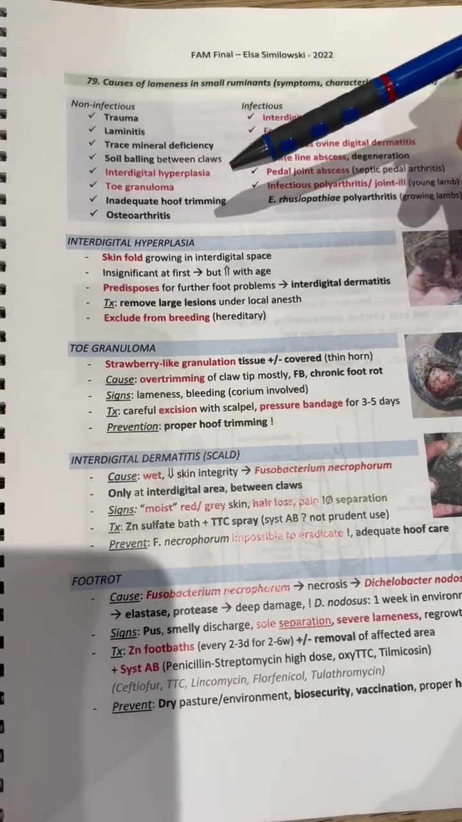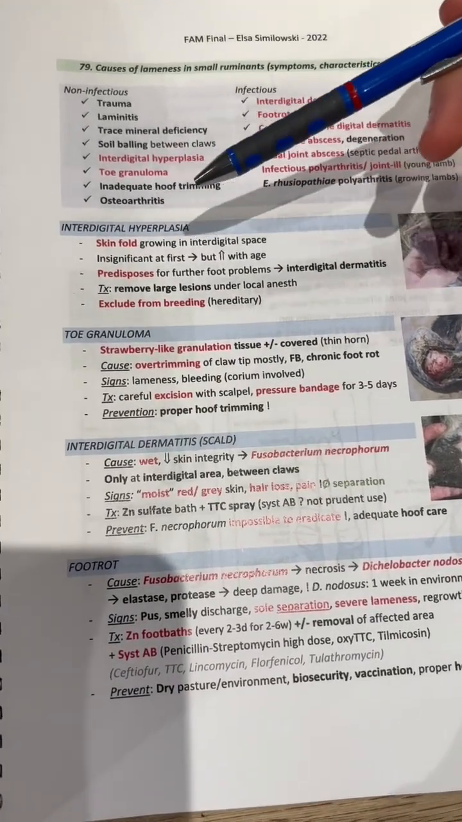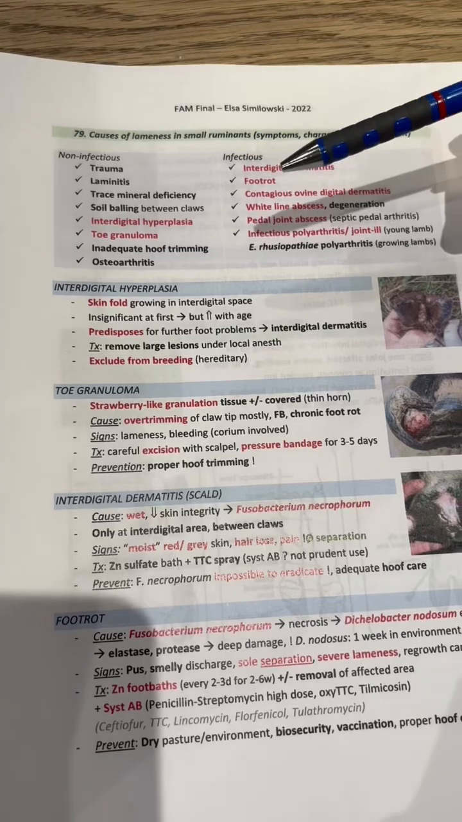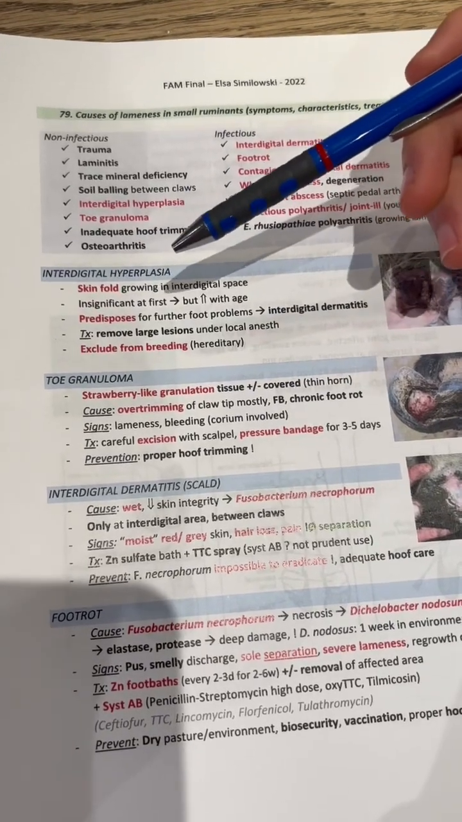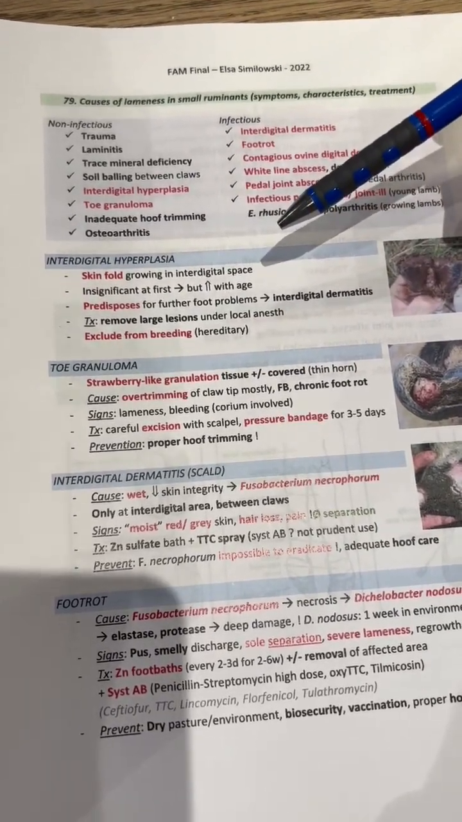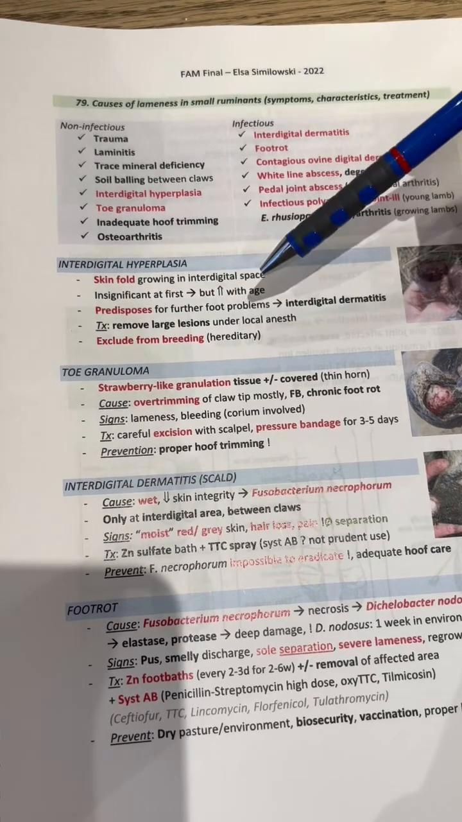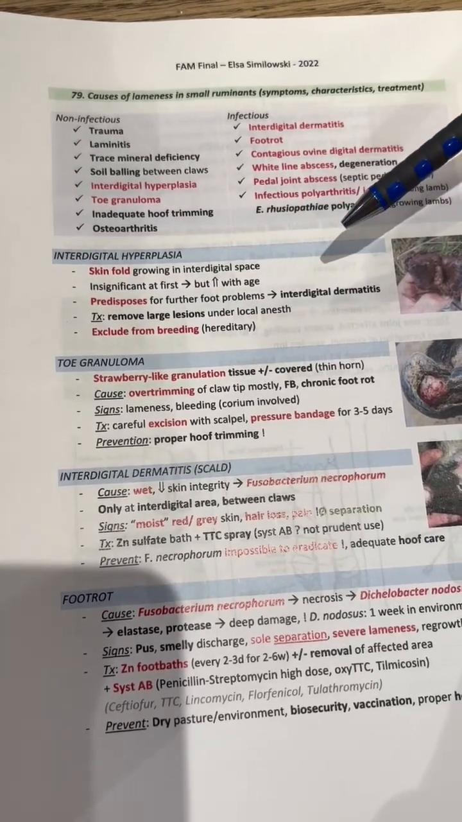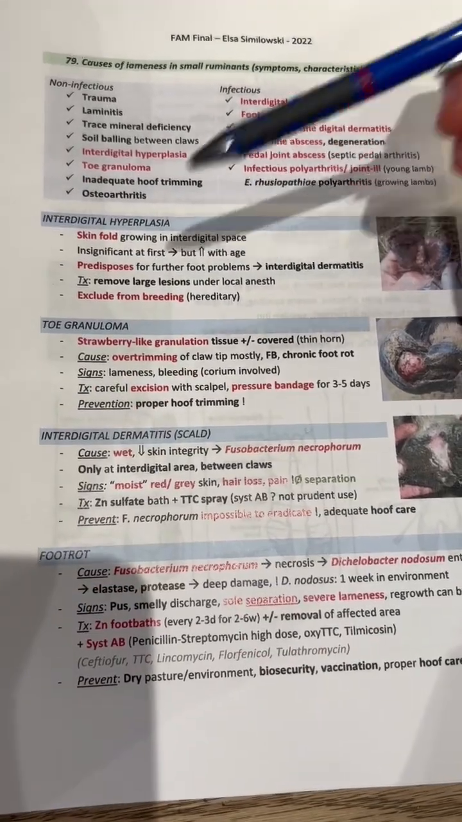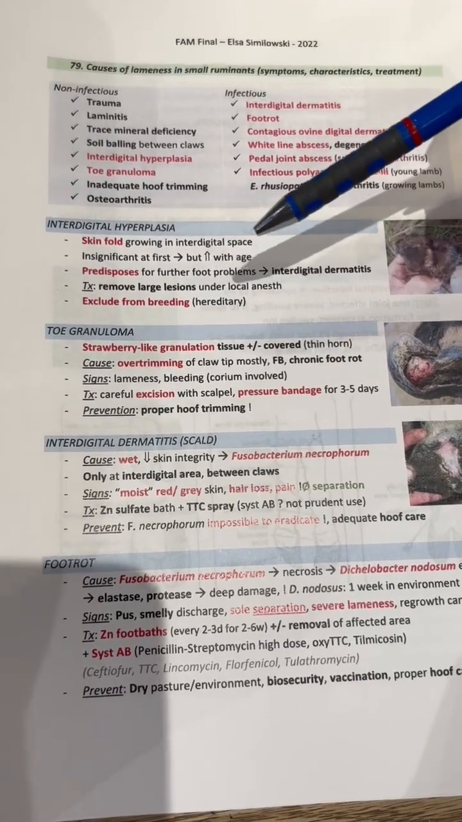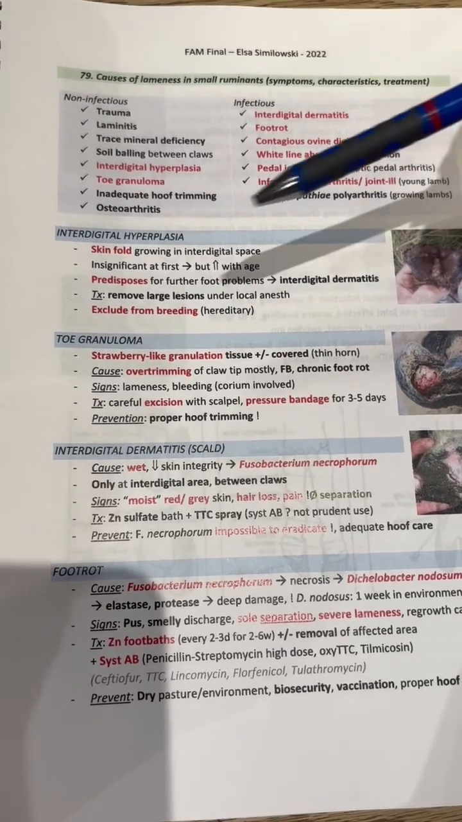For interdigital hyperplasia, this is a skin fold growing in the interdigital space. It is insignificant at first, but it increases with age. It predisposes further foot problems such as interdigital dermatitis. And for the treatment, you remove the large lesions under local anesthesia, and you also exclude these animals from breeding